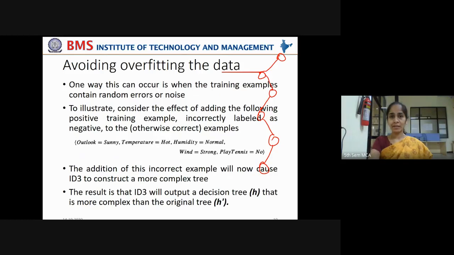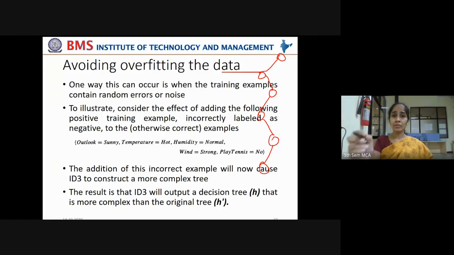To illustrate, let me give you an example. Consider the effect of adding the following positive training example, incorrectly labeled as negative, to the training example set that we have taken in the beginning of this chapter. 14 days of data is given, with labels whether tennis is played on those days given the weather conditions.